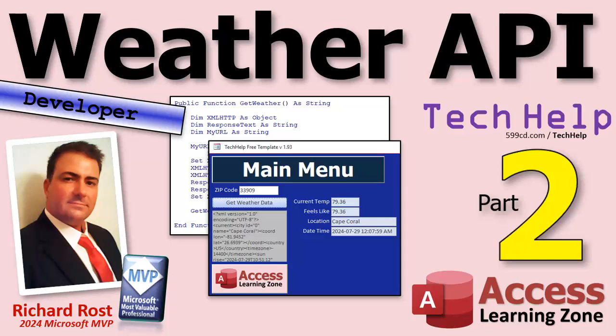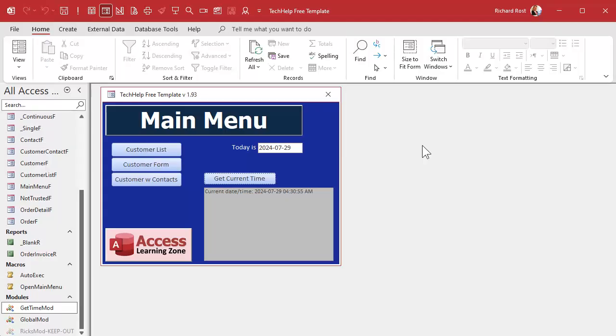This is part 2 of my Weather API series, where we're getting the weather from the internet with an API. And it's pretty cool stuff. If you haven't watched part 1 yet, go watch that so you know what we're talking about. Then come on back. All right, so yesterday we learned all about the API call, what we have to do,